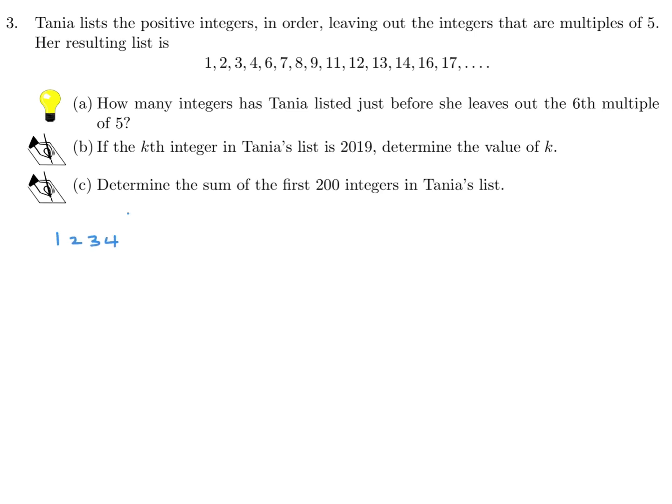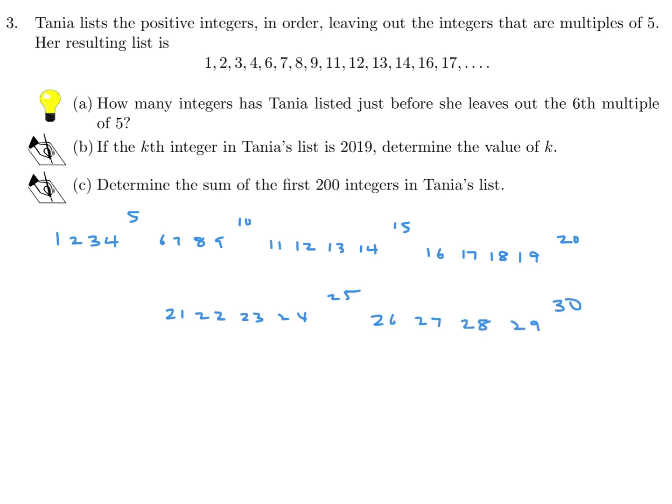1, 2, 3, 4, 5, when we leave out the 5, because we're going to leave out all the multiples of 5. 6, 7, 8, 9, leave out the 10. 11, 12, 13, 14, leave out the 15. 16, 17, 18, 19, leave out the 20. 21, 22, 23, 24, leave out the 25. And 26, 27, 28, 29, leave out the 30. Now at this point we can stop, because